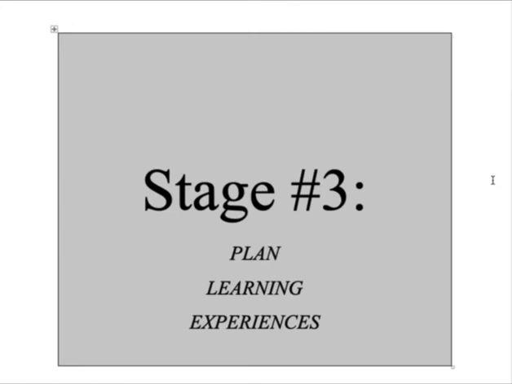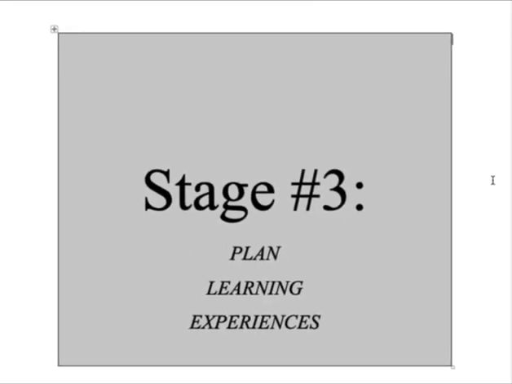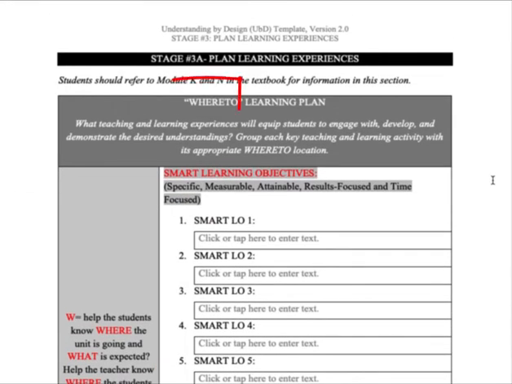Welcome to Understanding by Design, Template Stage 3. If you recall, in UBD Stage 1, we identified desired results. Then, in UBD Stage 2, we determined acceptable evidence. And finally, in UBD Stage 3, we will plan learning experiences. In completing UBD Stage 3A, we will use the framework of WHERETO to plan learning experiences that align with Stage 1, desired results, and Stage